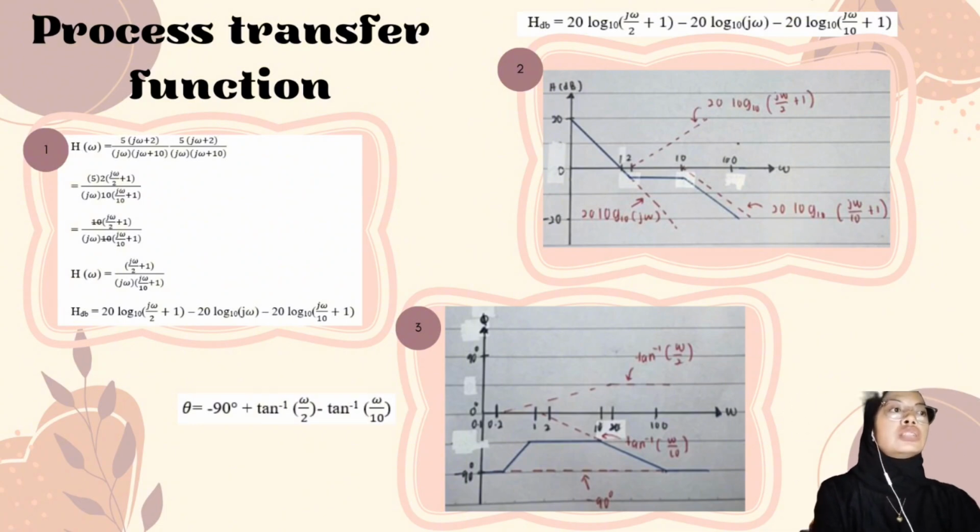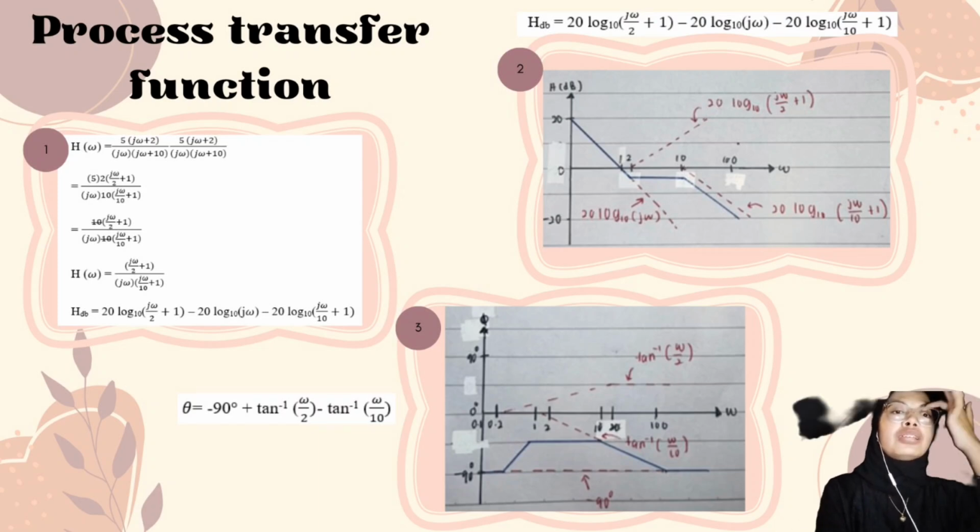And as we know, the line starts at 20 and the line is decreasing at 1, and then the line will be straight until 10, and at 10 omega the line will decrease, as the value is 20,